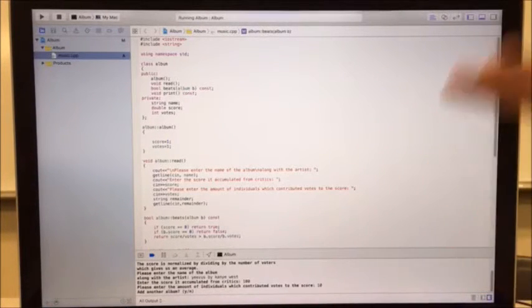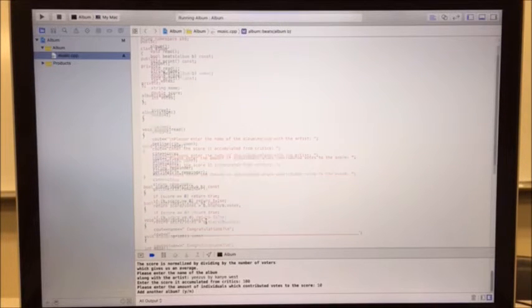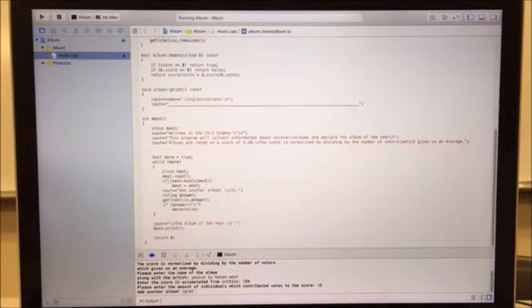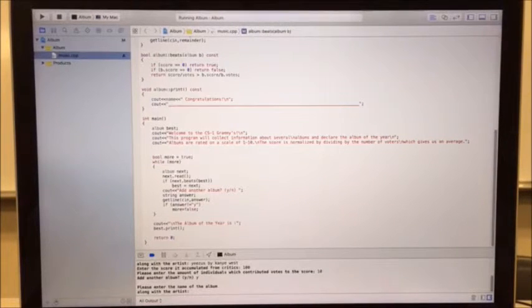Okay, so then it asks if you want to add another album. That's just achieved through a simple Boolean. That part is going to be right here in the main function. So yes, we would like to add another album. Okay, so then